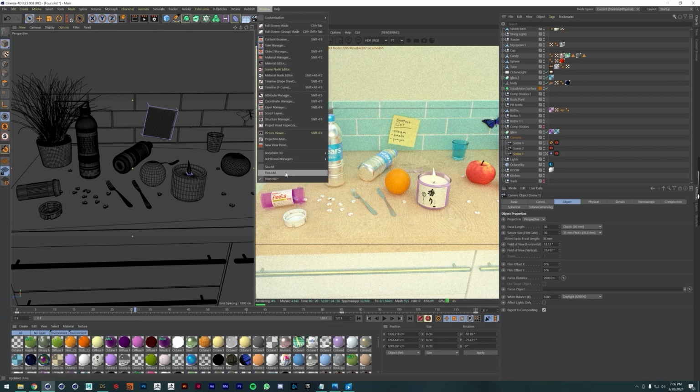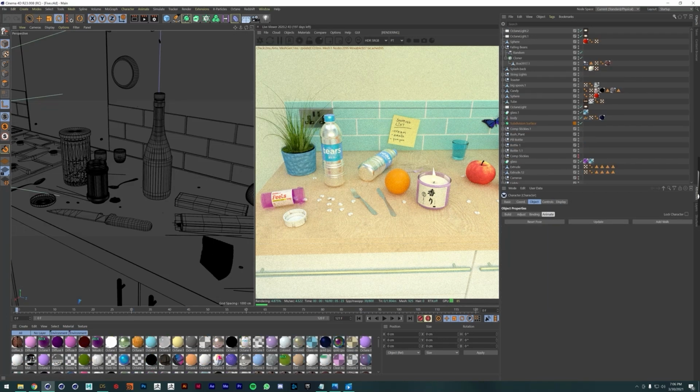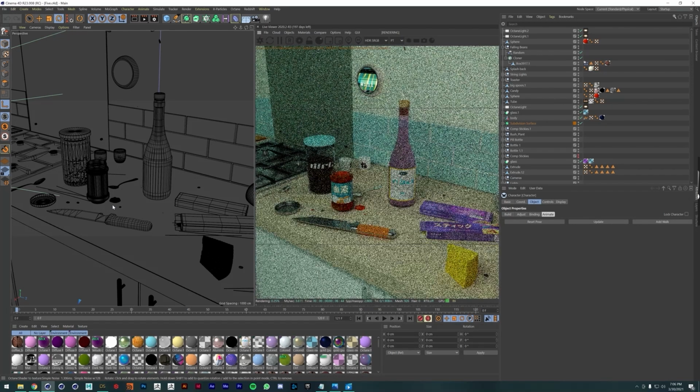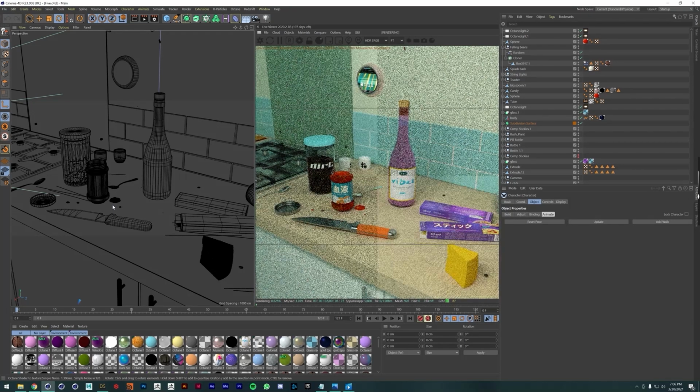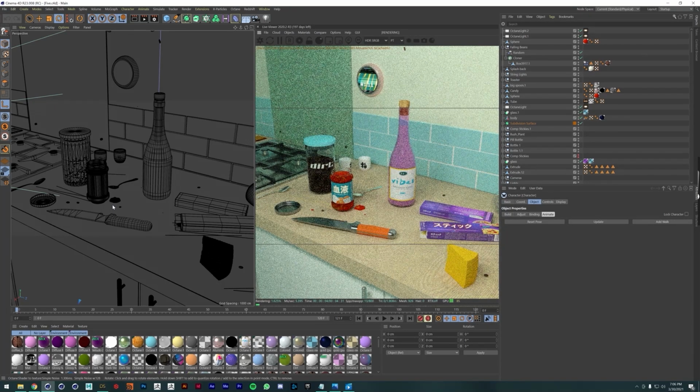So I'm going to go on to the next scene. I'm going to talk a little bit about how I did this side of the counter for this next sequence. This one I think came out really cool, and it's something that I did really simply with some dynamics and